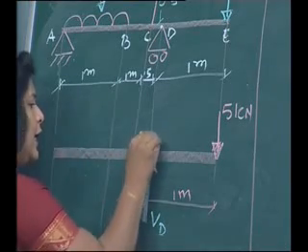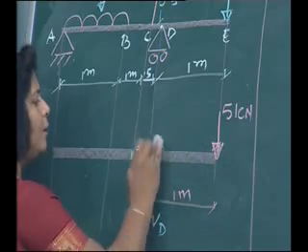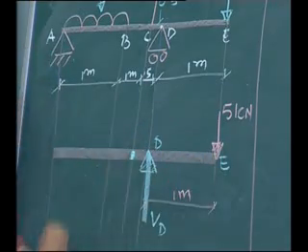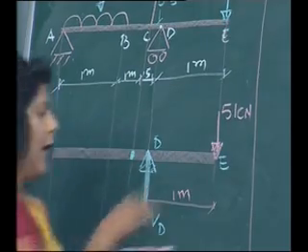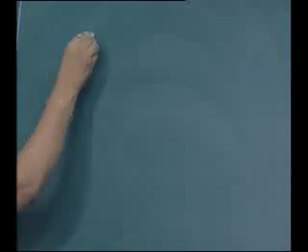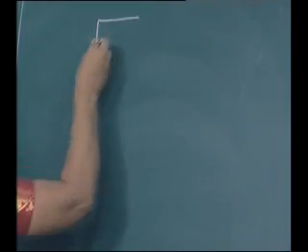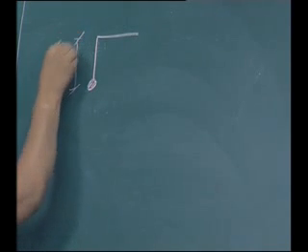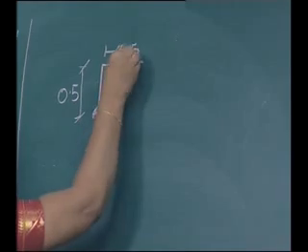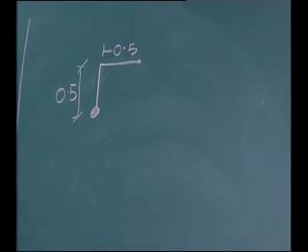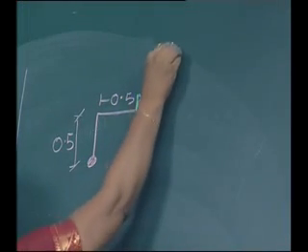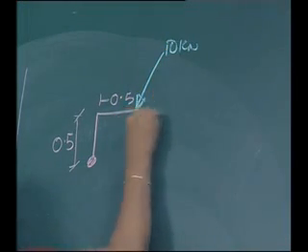Now, you can see that at point C there is a bracket load. So, that particular bracket load is to be converted. I will show it separately. Suppose this is our point C, right. Over here this distance is 0.5 and this distance is 0.5, and inclined load is acting over here. The intensity of the inclined load is 10 kilonewtons and it is inclined at an angle of 60 degree.